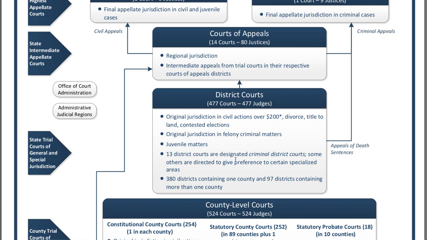Others are given preference in terms of what type of specialized cases they may hear. And then we have 380 districts containing one county, and 97 districts containing more than one county. So what that means is you could have one court, for example, where one county has 3 district courts, and one of those courts hears matters in that county, and then 2 other counties that are adjacent to that county, and then one of the other district courts handles matters in that county, and then 2 other counties that are also adjacent but not the same as the